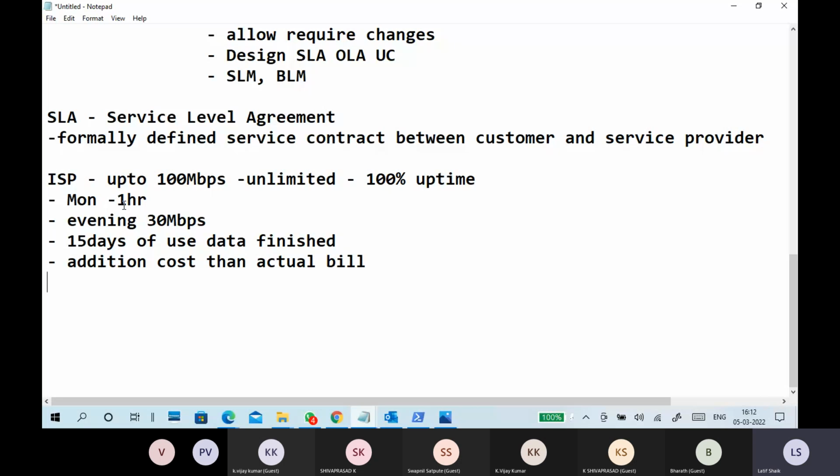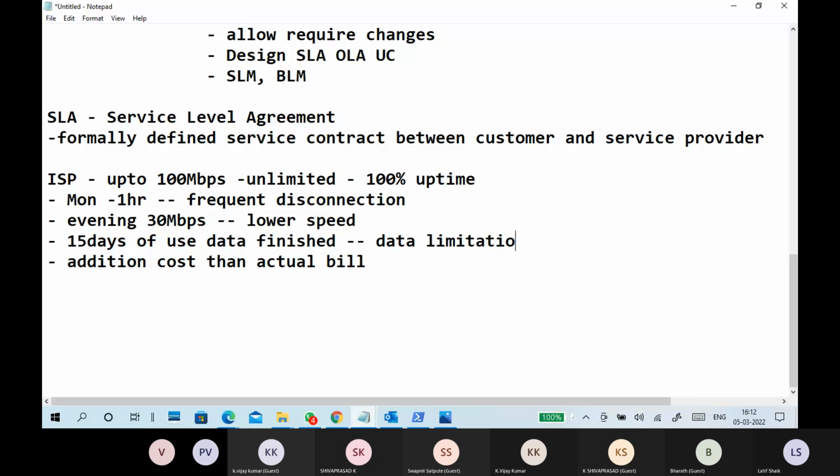Either there are frequent disconnections, lower speed, data limitations,